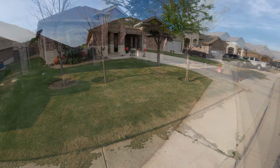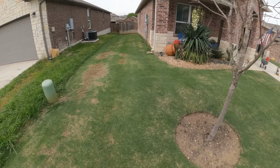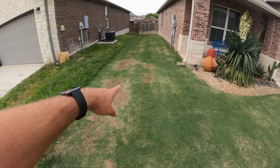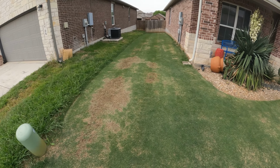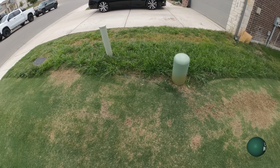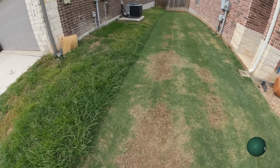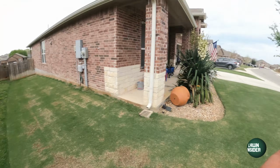There's still a few spots, the areas where I scalped a little lower, so it went deeper into the crown, where we are recovering a bit more slowly, but they will come along as well. And you can see that for the most part, we are still holding strong here at the boundary line between